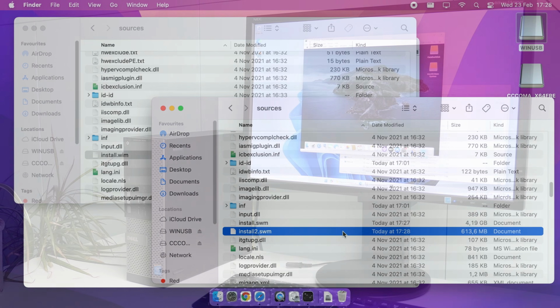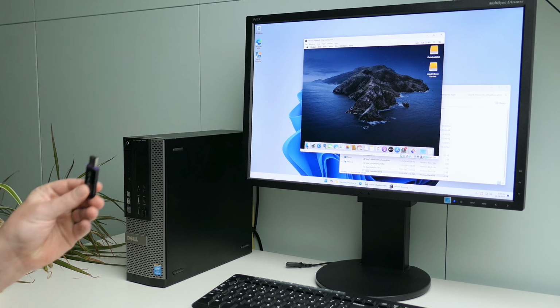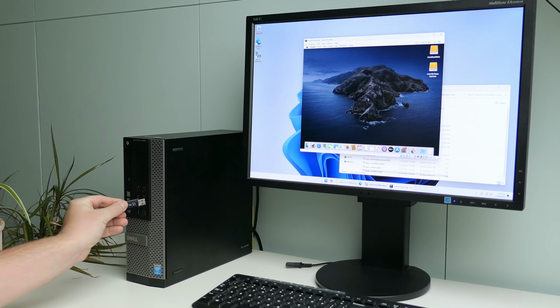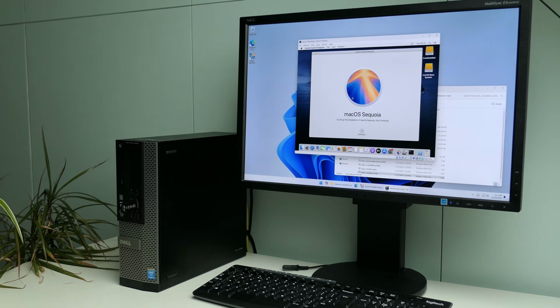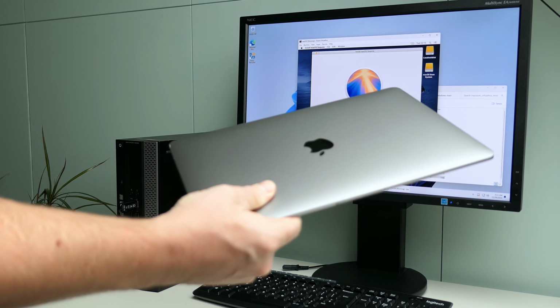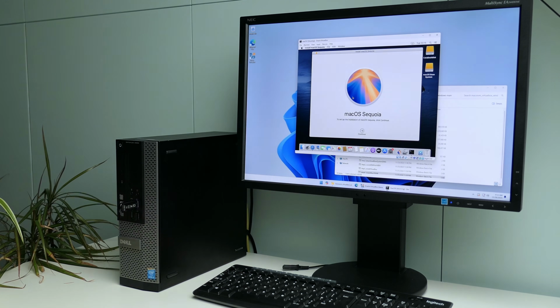For this video, we will focus on getting that USB drive created without the need for a macOS-based machine or any Apple hardware. I will do all of the steps in the video on this Dell Optiplex, which has a fresh installation of Windows 11. Once completed, we will then test the USB drive on a supported machine and on an unsupported machine.